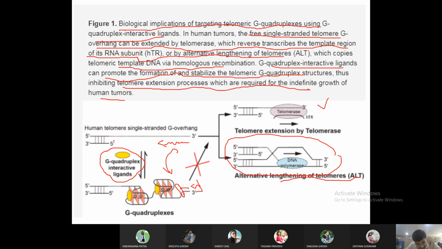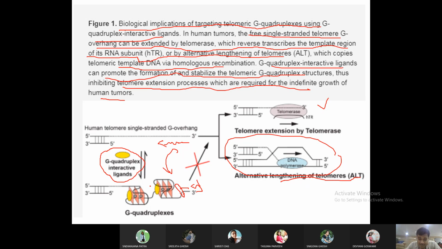So some additional information is also there. In case of a G quadruplex binding protein, that can stabilize them in a healthy cell. In case of a tumor cell, we can take the same concept and stop uncontrolled growth of tumors also. So in case of a tumor cell, we are going to make a drug which will mimic this protein, the G quadruplex binding protein. In that case, we call it a G quadruplex binding ligand, and we will provide this drug at a very high concentration, so that all the time it will be present inside the cancer cell at a concentration good enough for blocking this end of the chromosome permanently.